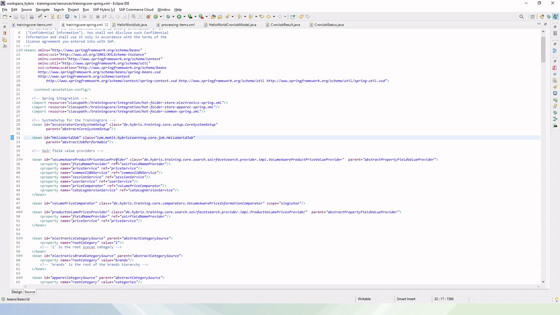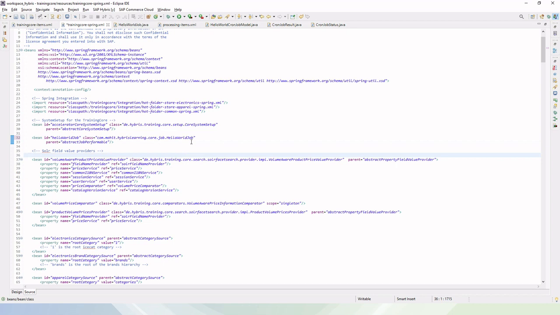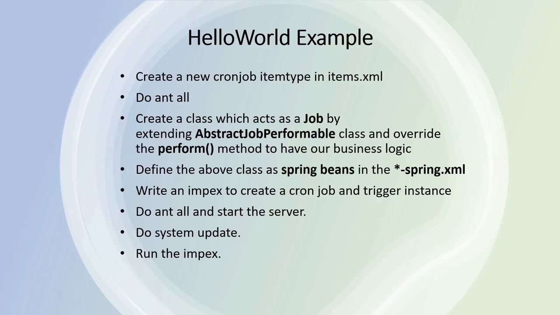We have defined the hello world job, and we have given the class full path of the package, com.mohit.hybrislearning.core.job, and after that the name of the class. And here you can see that the parent is abstract job performable. So with this we have covered these steps.